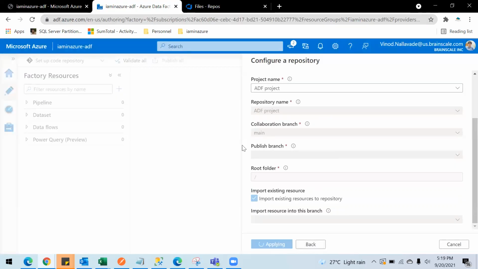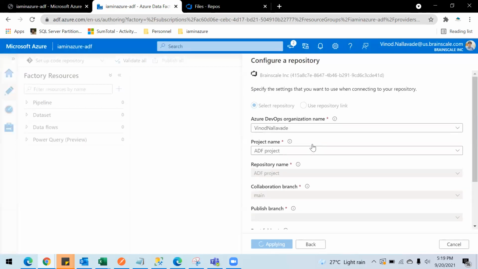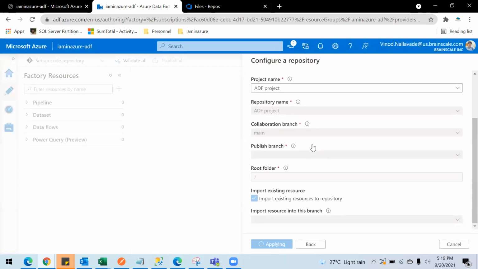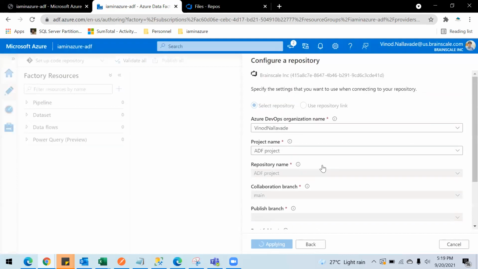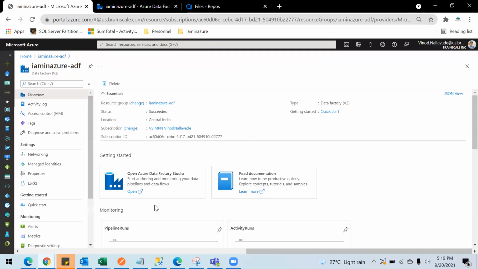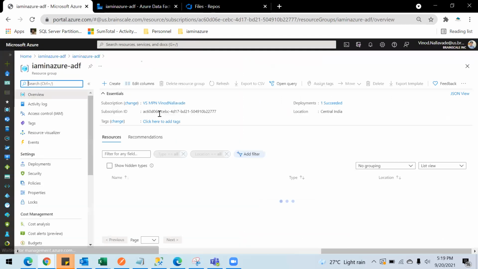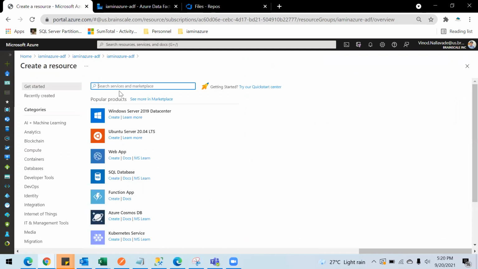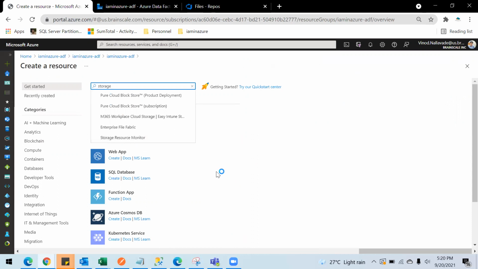So let's give a minute here. Meanwhile, what I will do is I will just go to this resource group and I will create a storage account. I'm going to use it in a pipeline. So let me just create that real quick.